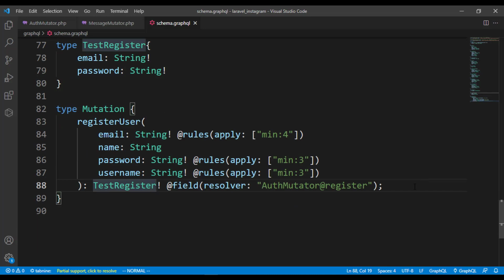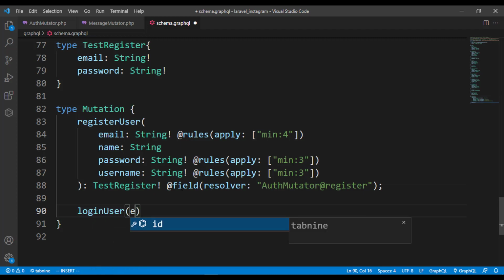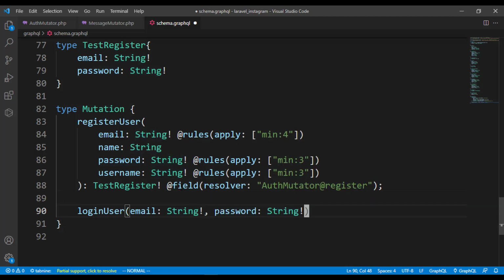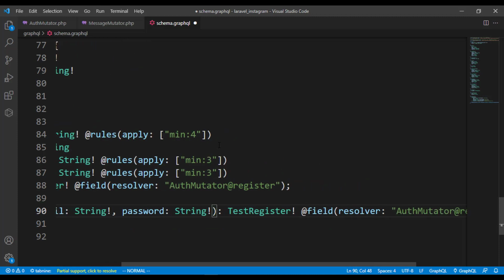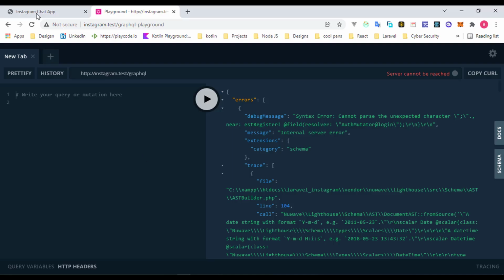Then we also have the login mutator. Let me quickly do that, and those are the two things we are going to do first. Then gradually we can do other ones. We have the password, which is a string as well, and I want the data returned as a test register, which is not bad. So then we can select our, let me paste that there and bring this up, so that shouldn't confuse you. It's just using theme. And we can quickly go ahead and refresh this,